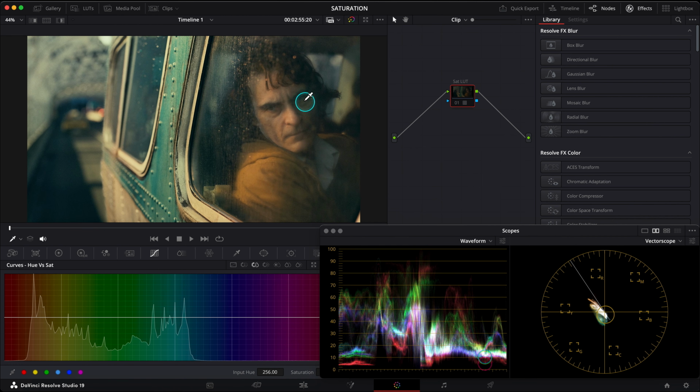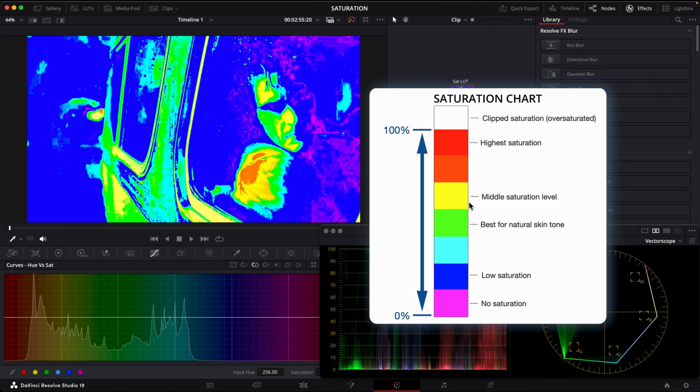Okay, so we have the still from the Joker movie. Let's analyze the saturation levels using this saturation indicator LUT. I'm mostly interested in his skin saturation levels now. So apply the LUT. As you see, his skin saturation is on the green-yellow saturation levels, where the green is